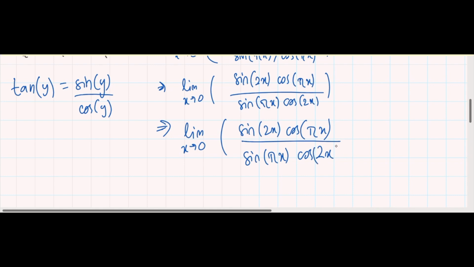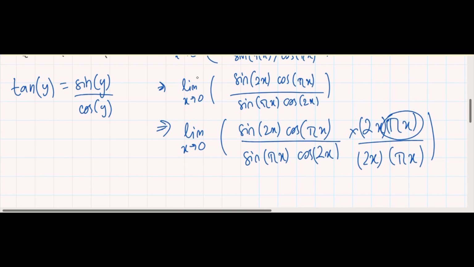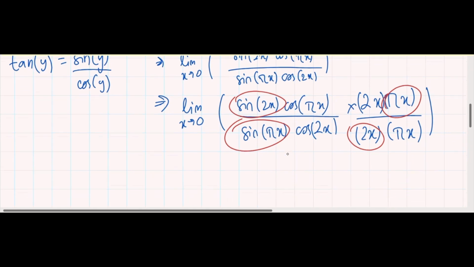And we are going to multiply it by 2x and pi x, because we need both of them, upon 2x and pi x again. Because basically 2x and 2x, and pi x and pi x, cancel each other out. So this pi x and this sine pi x actually make a 1, and this sine 2x and this 2x make a 1. So if we rewrite it, we're going to rewrite it as